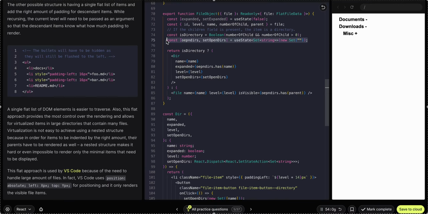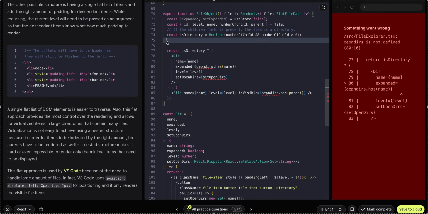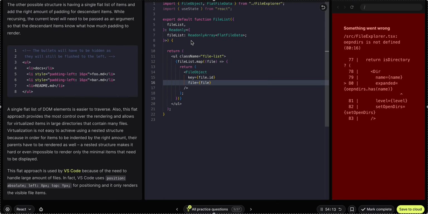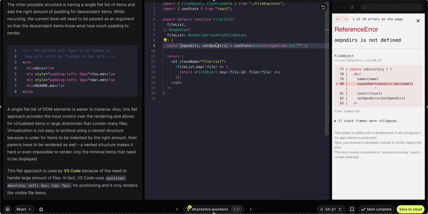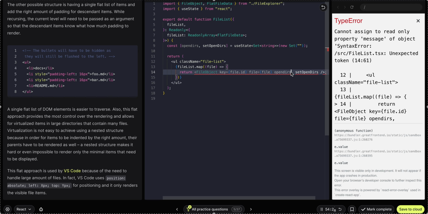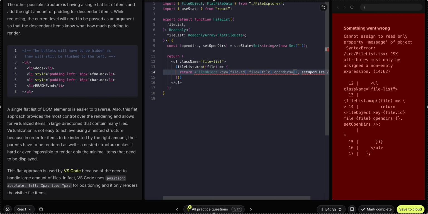It shouldn't be there. It should be here. But it is creating some problem regarding the